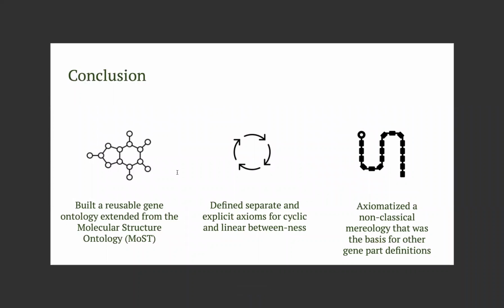In conclusion, we have successfully built a reusable gene ontology extended from the molecular structure ontology. We have defined separate and explicit axioms for cyclic and linear betweenness, and finally axiomatized a non-classical mereology that was the basis for other gene part